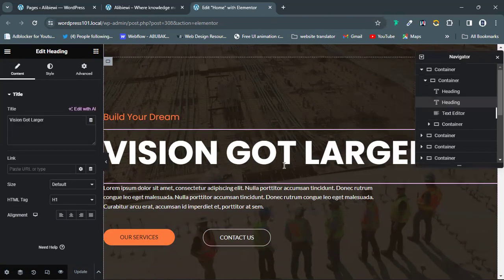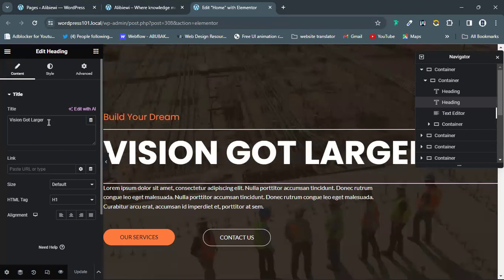We can edit this, for example, when you just click on it, because it is a WYSIWYG. What you see is what you get. So you can easily edit it. So it's a WYSIWYG editor. You can easily edit it here. For example, if I want to change it to